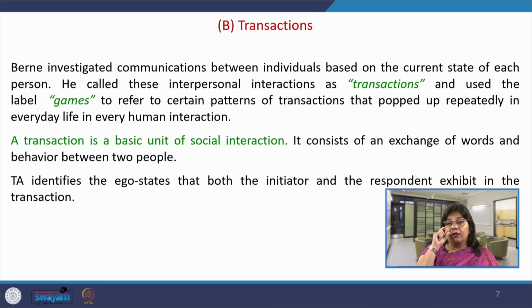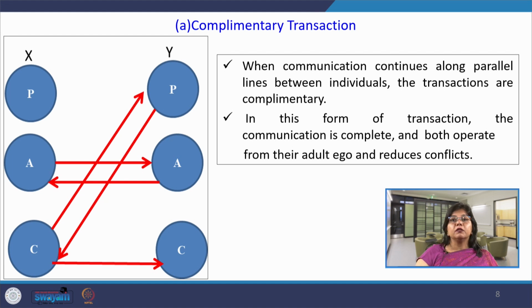So, the point is that whenever two people are communicating with each other in their own respective current state, then both the people's current states are backed by the ego states, that is parent, adult and child ego state. We never know that A member is in which current state, and he will initiate communication with which ego state, and we have no idea about B, that he is in which current state and he will communicate with which particular ego state. But as soon as the communication starts, the transaction between words and behavior decides what will be the game. So, what are those types of transactions that people indulge in?